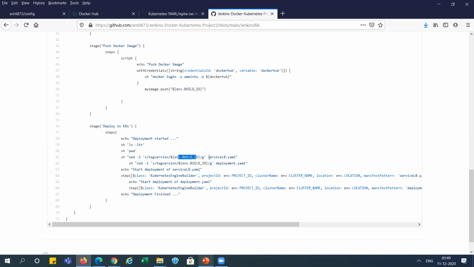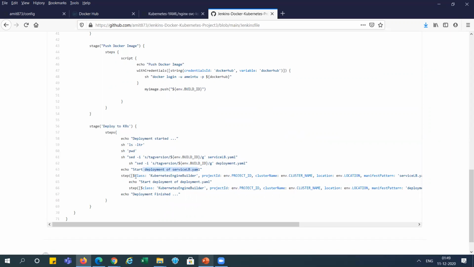We need to change this in the service.yml file, which will change the tag version. I will show this service YML file later on. We are also using a second deployment file, deployment.yml, where we also replace the tag version with the current build number. To start deployment on service.yml, this is an echo command.